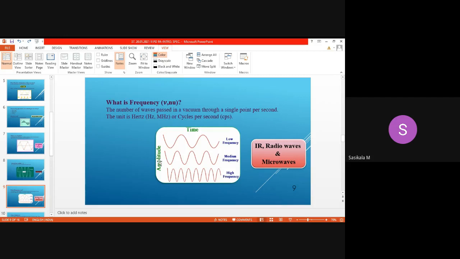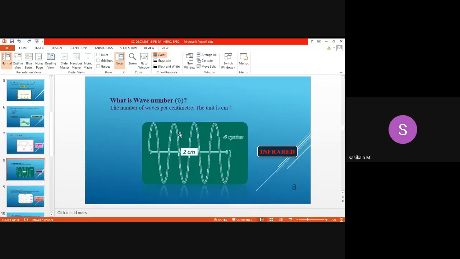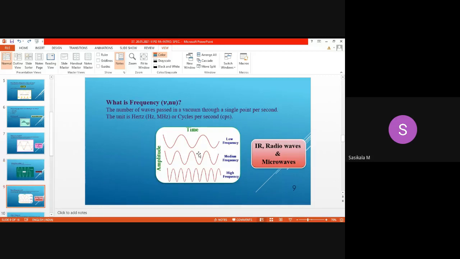This is what represents frequency, and you will already know the unit of frequency. You should have heard about frequency units: hertz, megahertz, or cycles per second. If you understand cycles per second, you can define frequency. Instead of hertz you can take cycles per second. A cycle represents one full cycle, one complete wave passing, having a peak and a trough. Here you can see 4 cycles mentioned: 1, 2, 3, 4. 4 complete cycles of waves have been passed. That is what is represented here.